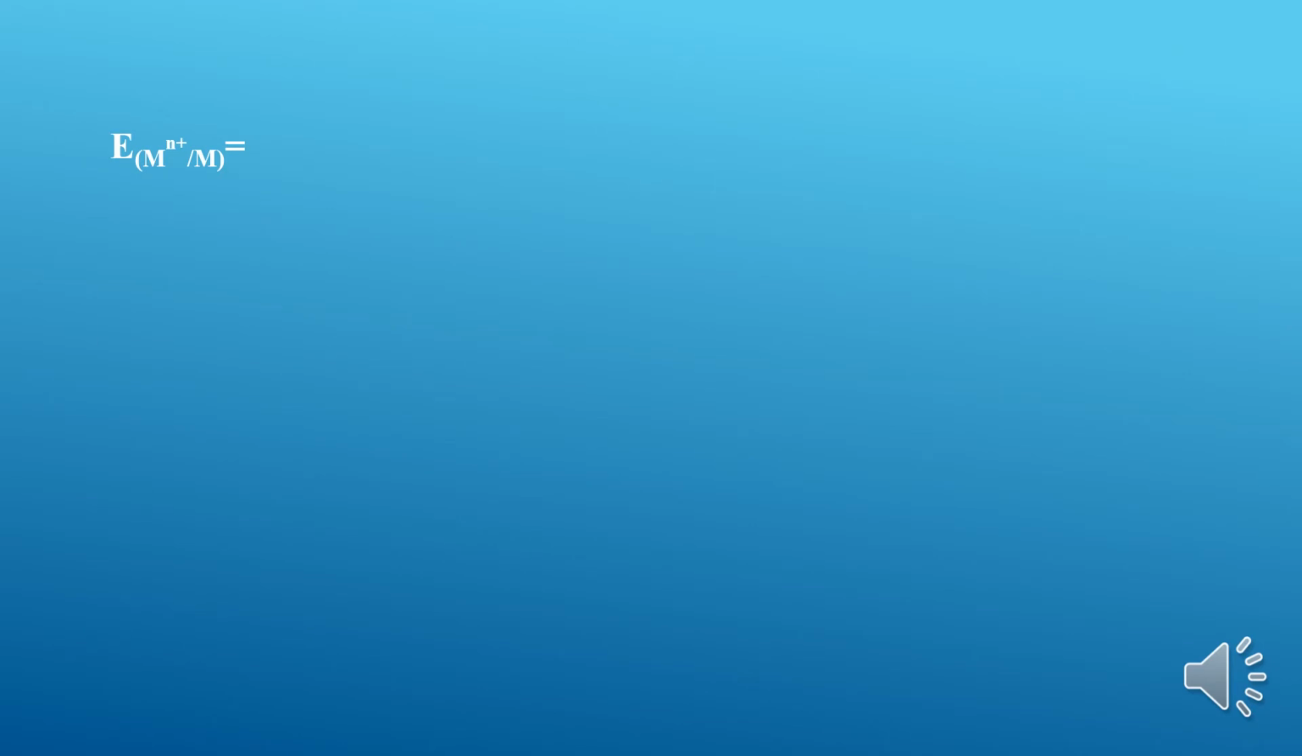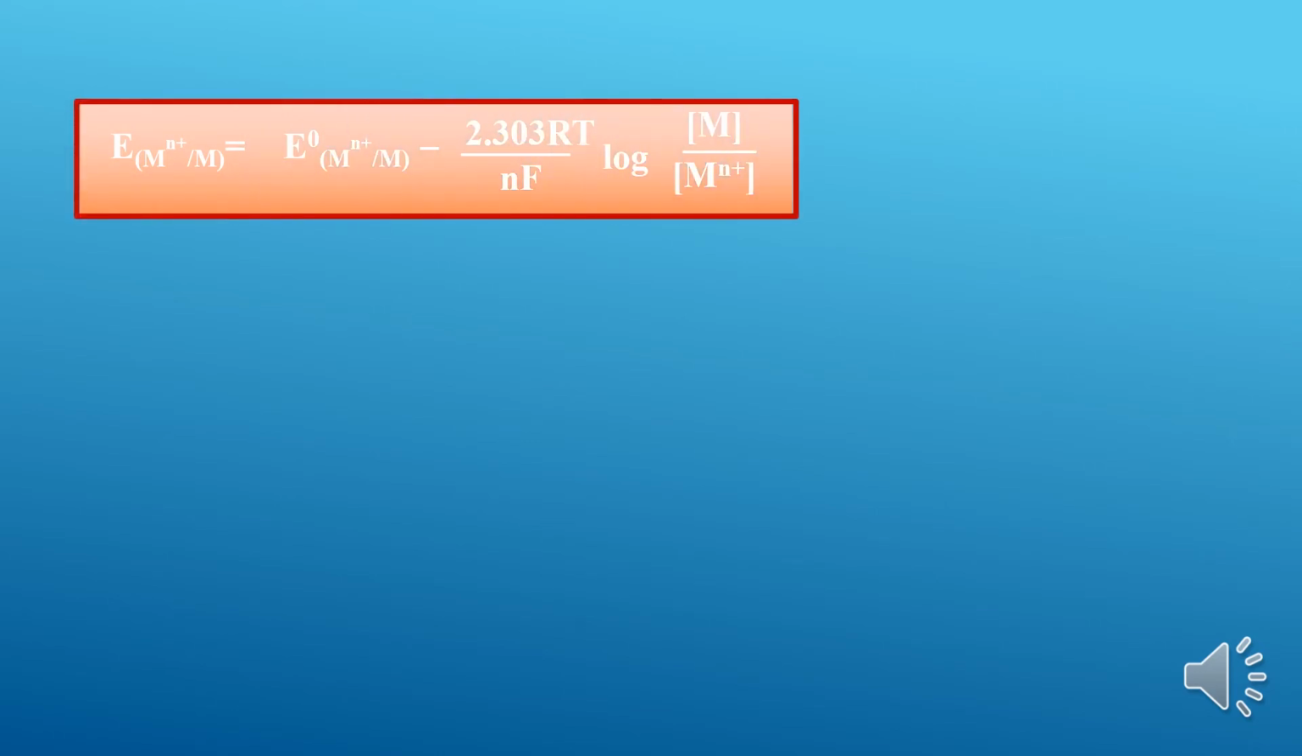Electrode potential E of Mn+/M is equal to E naught of Mn+/M minus 2.303 RT by nF. Here we are converting ln into log. ln is equal to 2.303 log of the concentration of M, that means the concentration of the reduced state, divided by the concentration of the oxidized state, that is Mn+. This is the Nernst equation to calculate the electrode potential at any concentration at any temperature T,